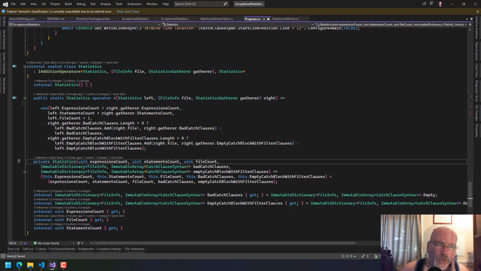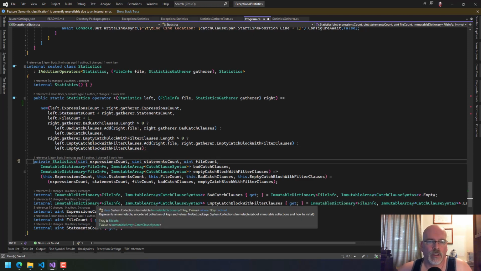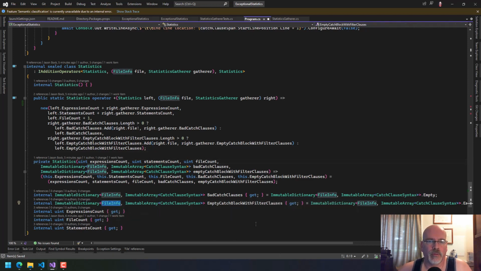There we go. Is that if the file is actually in both of these directories. And I can kind of see why, because I have bad catch clauses here. That's just an immutable array of this and an immutable array of this. And what happens if you have one or both? You know, I mean, you have to add to that,